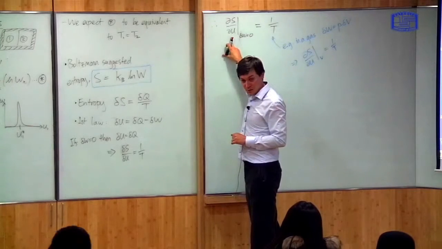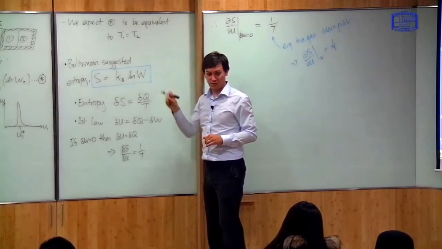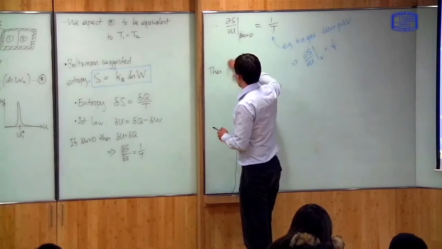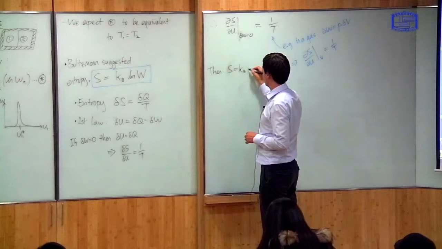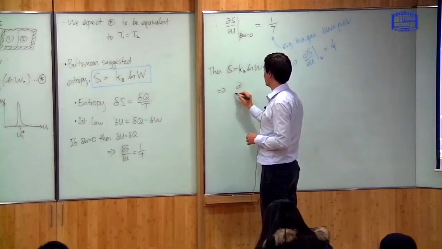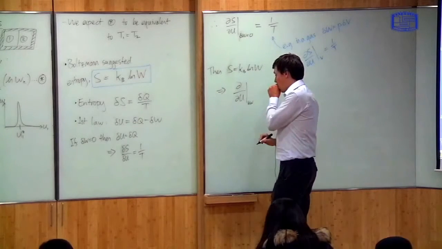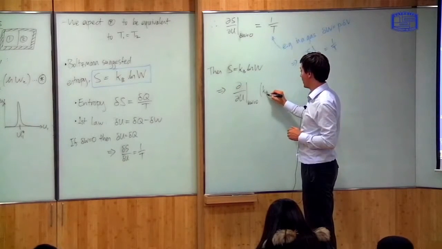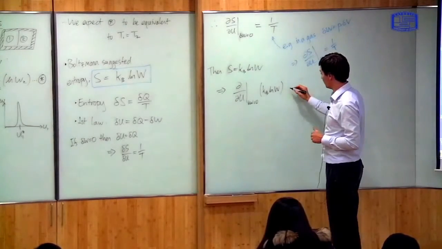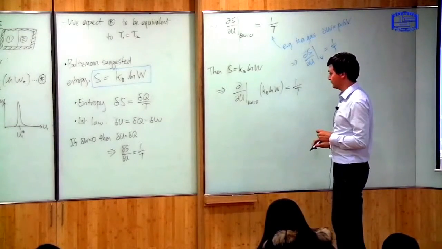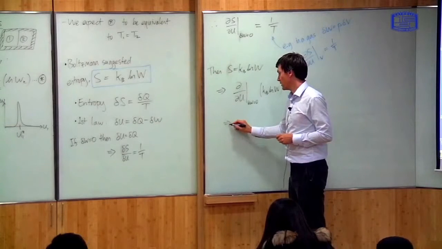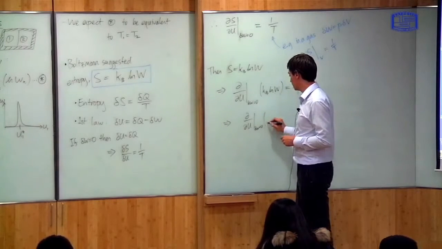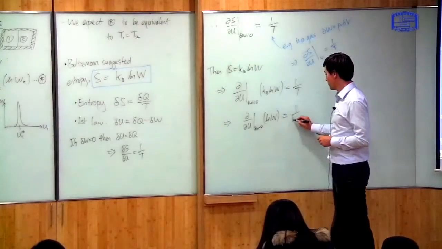Okay, so we've got this equation, and Boltzmann says that we can identify entropy with the log of W. So if we use this, S equals k_B log W tells me that the derivative with respect to U, when there's no change in work, of k_B log W should be equal to 1 over T. In other words, d by dU of log W is 1 over k_B T.